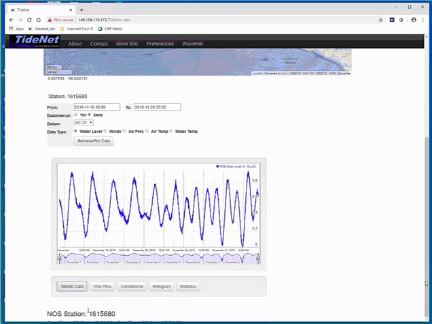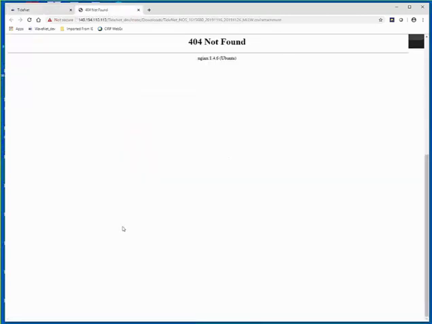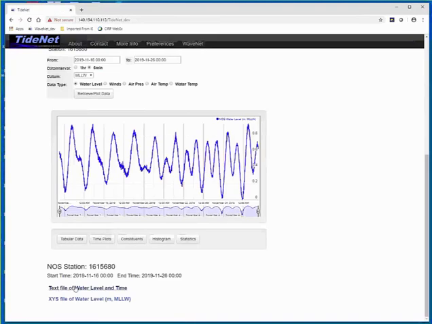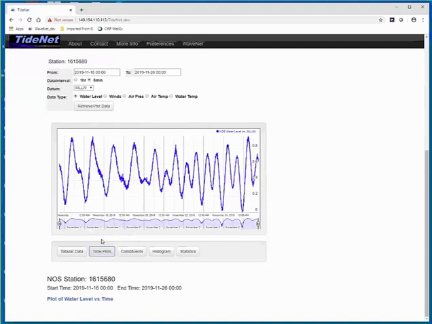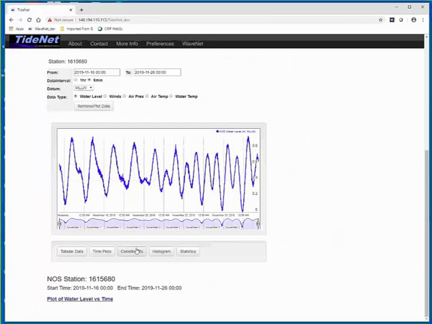You can look at the tabular data. Again, that's something that comes on my screen. You don't need to worry about it. It's a different program asking me something. And again, looks like when I write to this text file, I'm having some problem. I need to check that. It's either network or it's me, but I'll get back to that. Water level must be there because the plot I generated apparently is not working.